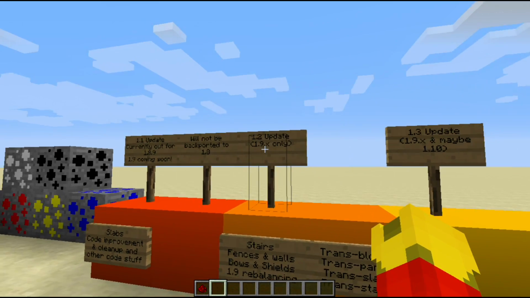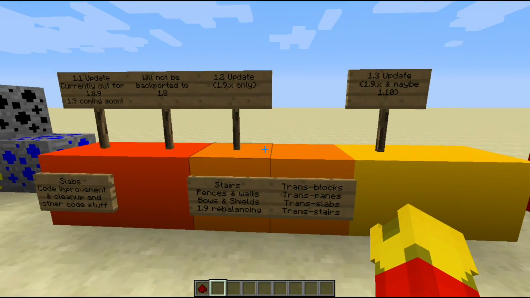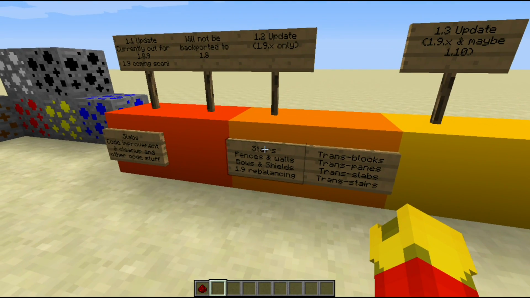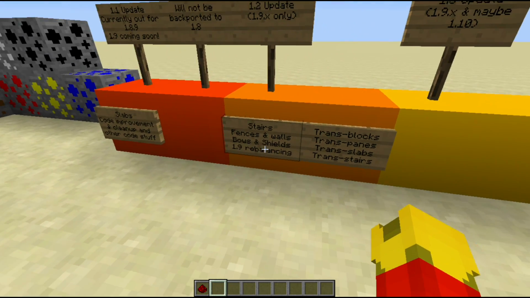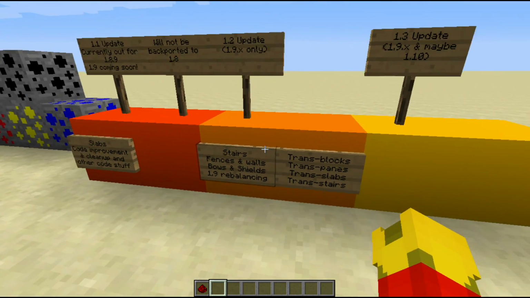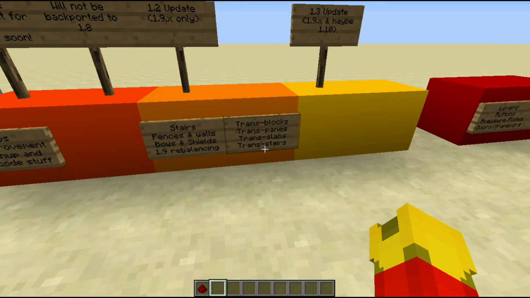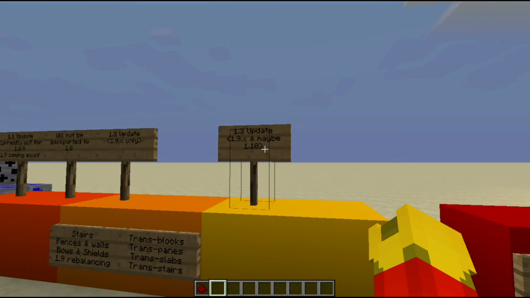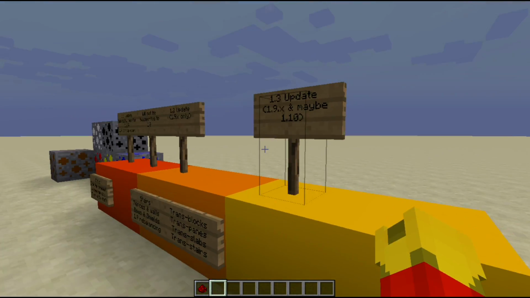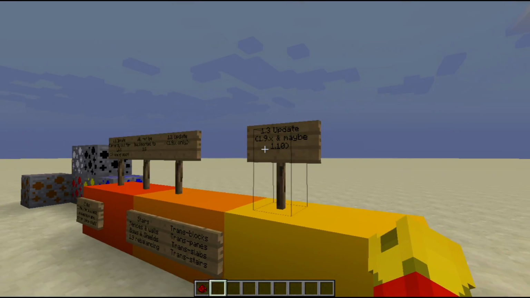And in the next update that I'm going to start working on once this video is finished, I'm going to add stairs, fences, walls, bows, and shields, probably. I'll rebalance the tools and weapons for 1.9 and all the armor, and I'll add transparent colored basically everything. And then in the future beyond that, once I finish that, which will probably be sometime from now, I'm going to try and learn how to do liquids and